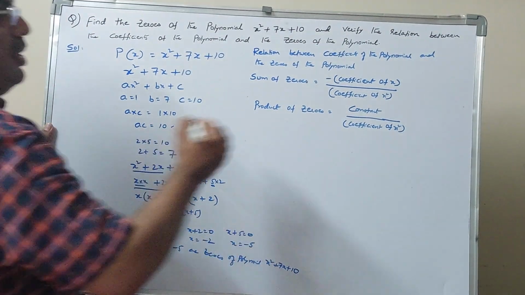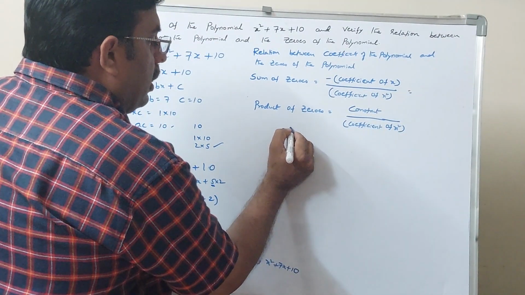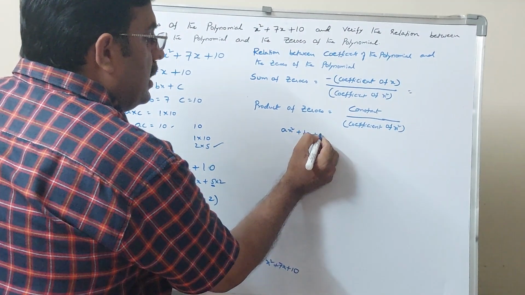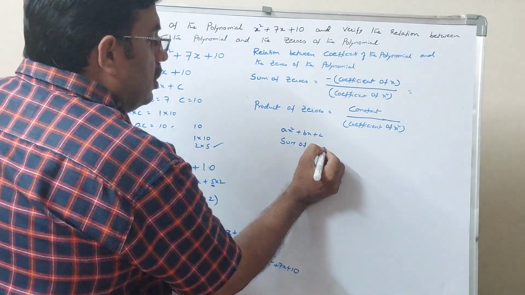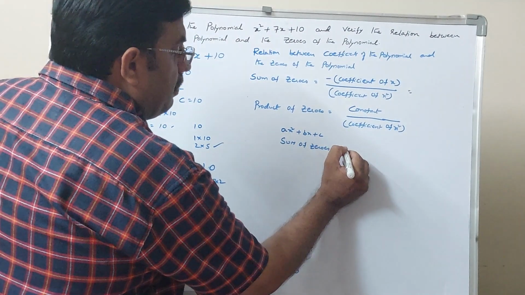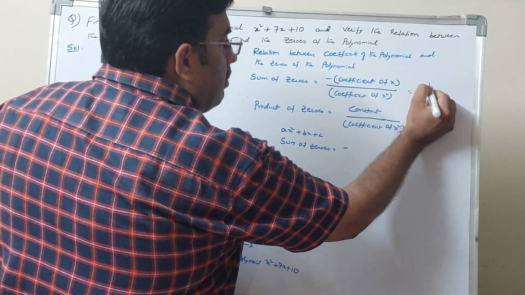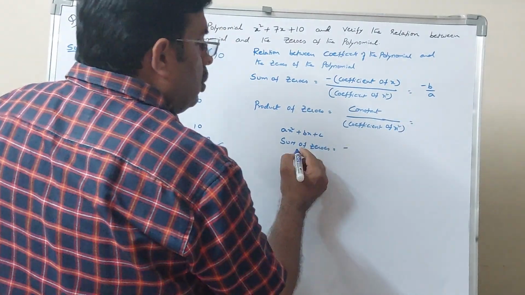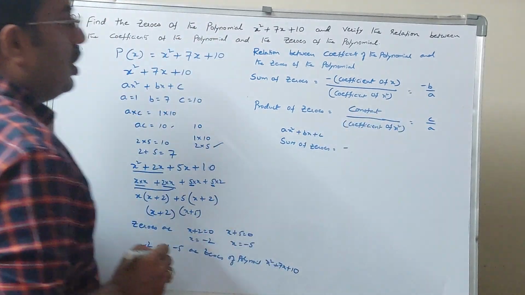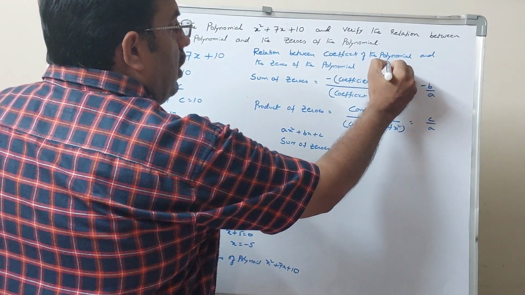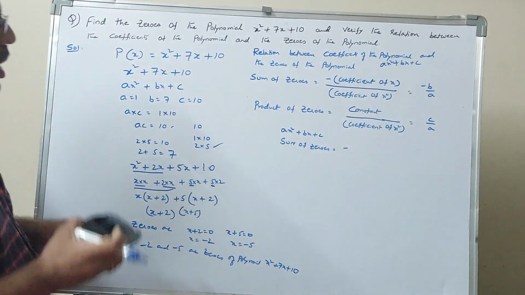minus 2 and minus 5, and this also you can write it as, if it is a general equation, ax square plus bx plus c, sum of zeros is equal to minus coefficient of x by coefficient of x square, means you can write it as minus b by a, and product of zeros is equal to constant by coefficient of x square, means c by a. Okay na? If it is ax square plus bx plus c is the polynomial, means you can write it down as